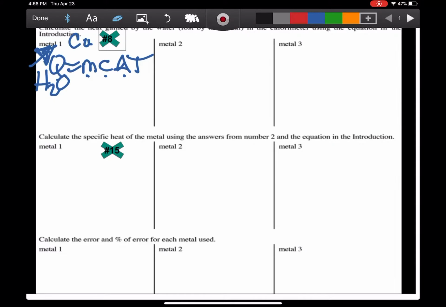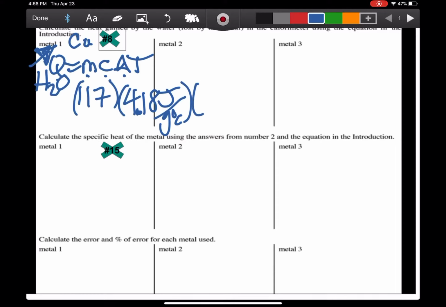Again, for the water, it was 117 from our data table. c, when you look it up, is 4.18 joules per gram degree C. And delta T came out to be 5.2 when we did the math. Those three multiplied together is going to give you the Q for this. And that's how you do it, my friends. Solve that one out, and the answer comes out